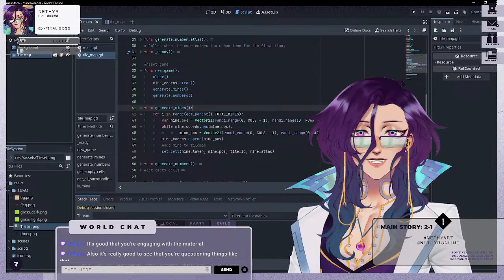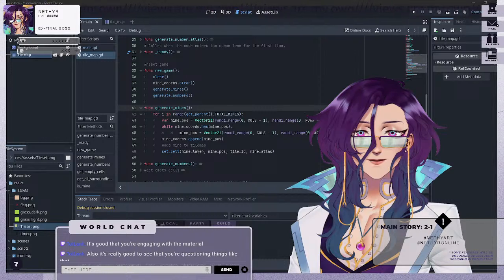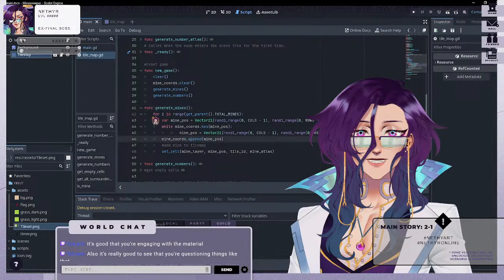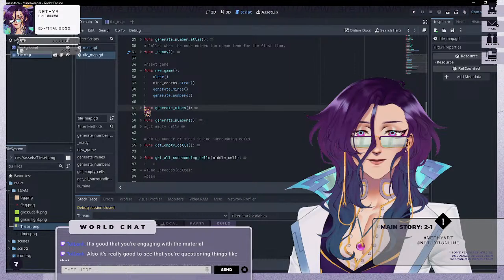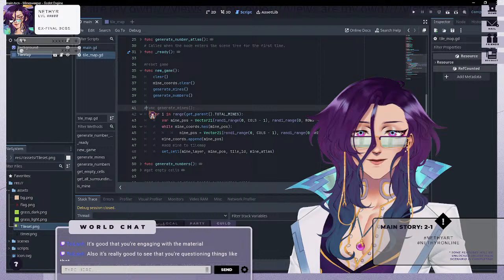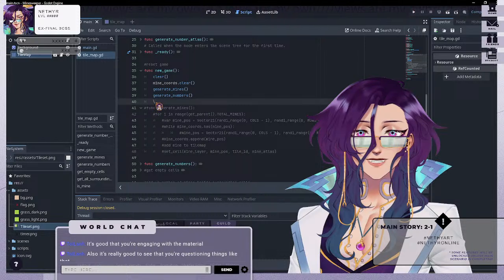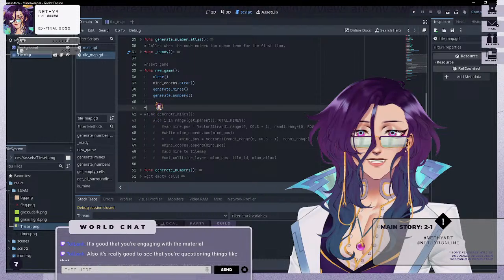Do you have any recommendations here on what I could do? I mean, I could try rewriting it again. That wouldn't hurt, right? Yeah, let's try rewriting it again, because maybe it would fix whatever I did. Right? So, function generate